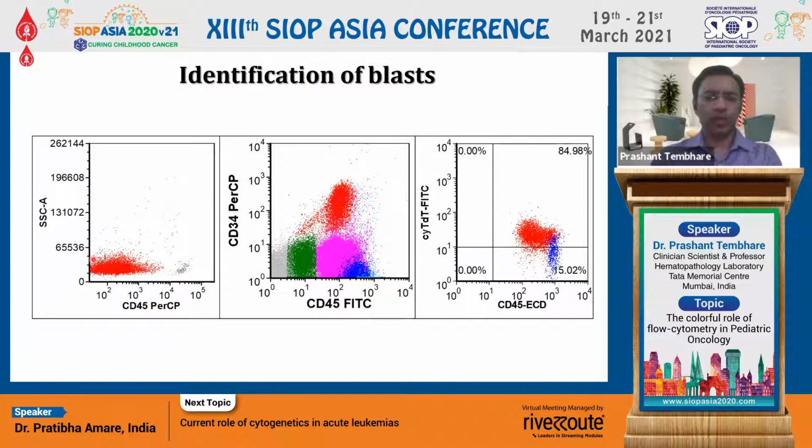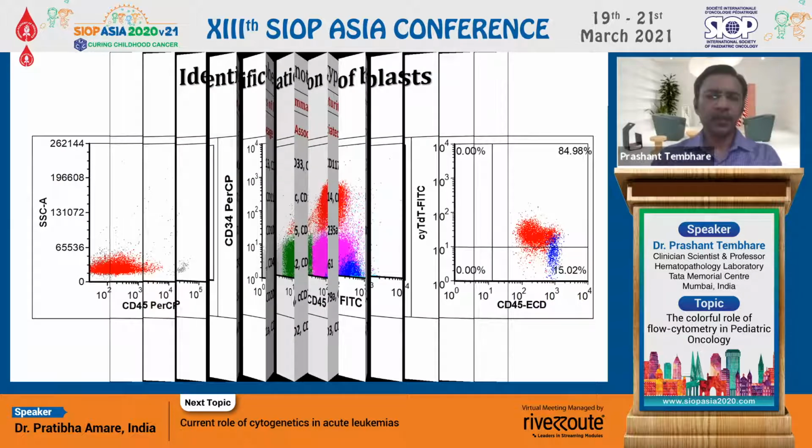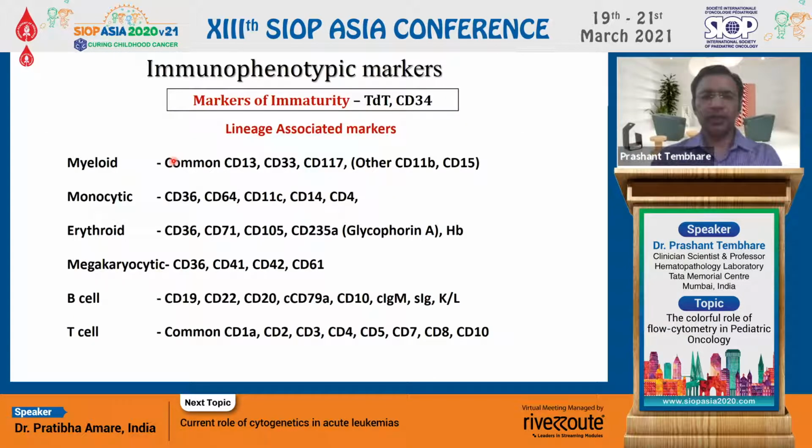The common approach to identify blasts is to look at the CD45 expression, so weak to negative CD45 expression, or the markers of immaturity like CD34 and TdT expression, identify the blast. Then we use different markers for lineage identification. For example, for myeloid we use CD13, 33, 117; for monocytic CD64, 11c, 14; for erythroid CD71, CD235a; for megakaryoblast CD41, 61, 42. For B cell we have CD19, 20, 22, 79a, 10. And for T cell, the commonly used markers are CD1a, 2, 3, 4, 5, 7, 8,